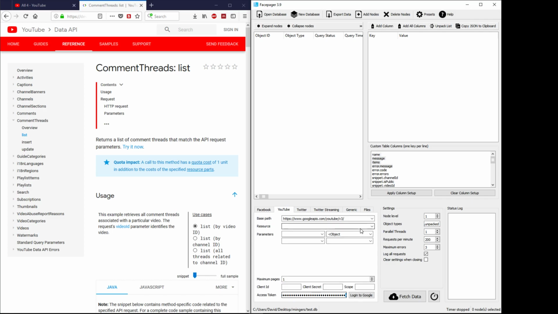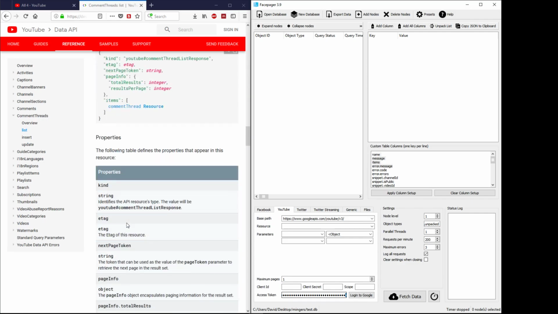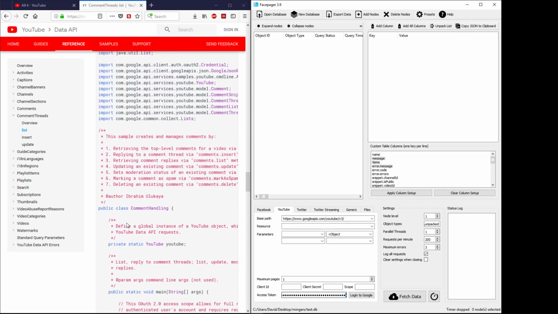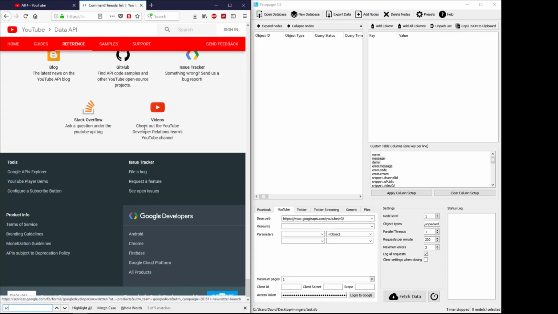Oh yeah, the YouTube API. But comments require special privileges to work. So if you're on this comment threads page, just scroll down a bit until you see something that says scope. You can search for scope if you want. Just press Ctrl F, scope,